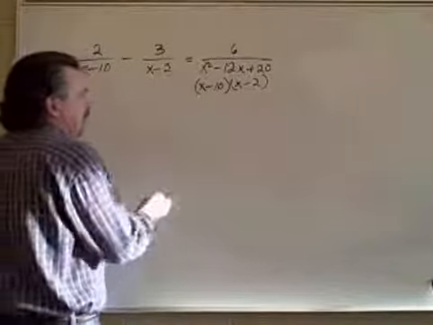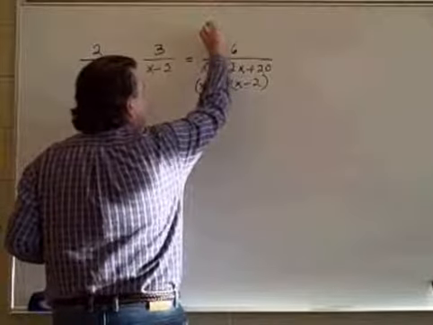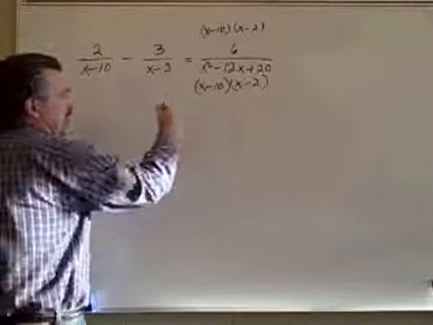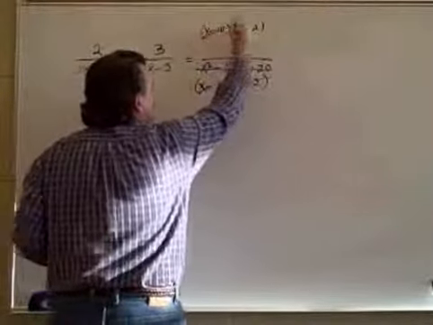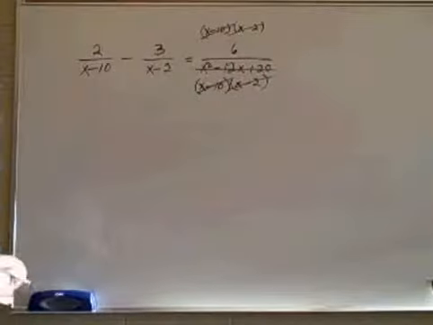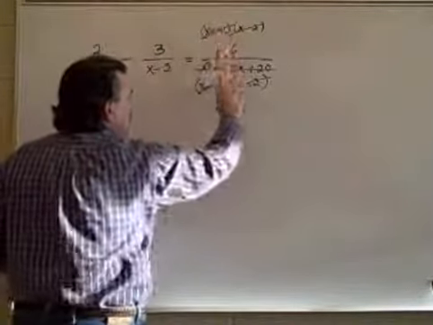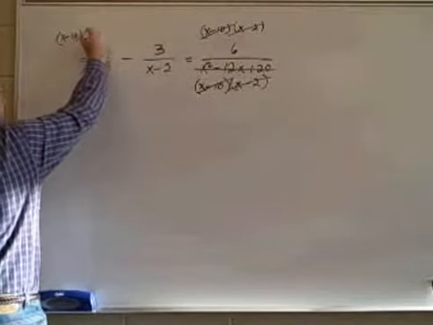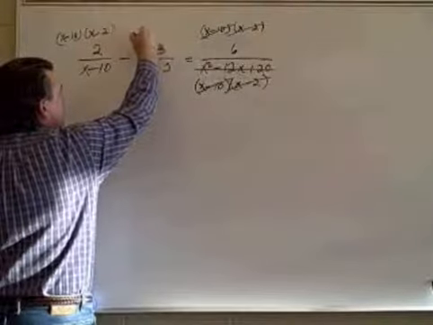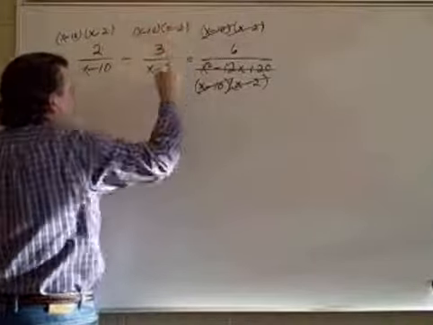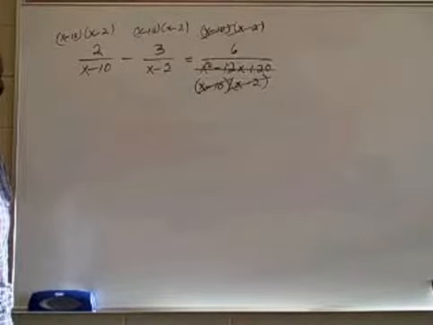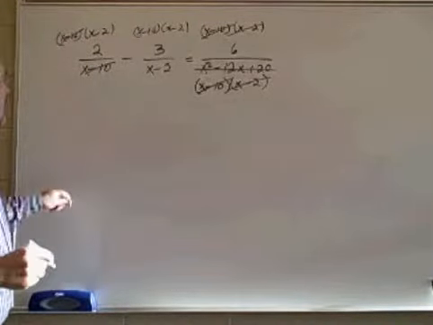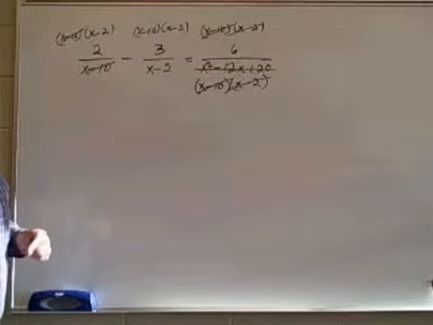So multiplying this fraction by that pair of binomials will cancel, won't it? It'll cancel that entire trinomial because that trinomial is equal to those two binomials. Well, if I want to multiply this side of the equation by those two binomials, I have to multiply both terms on this side of the equation by that pair of binomials, which is perfectly fine because it'll cancel those binomials for me. Here, the x minus 10s cancel,